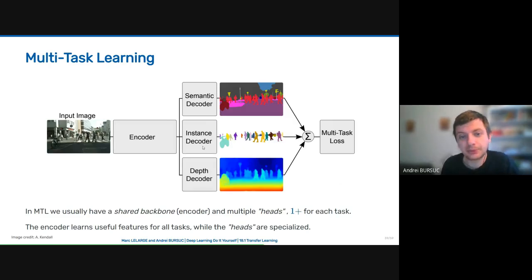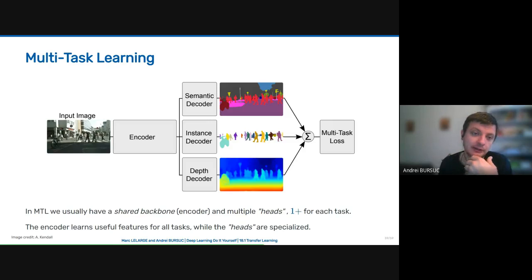But at the same time, we train a richer encoder because each task provides a different and useful supervision for the network. And to some extent, we've seen that it also ensures some more robustness because practically the network